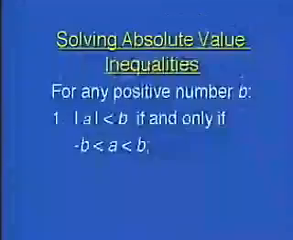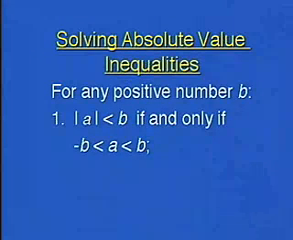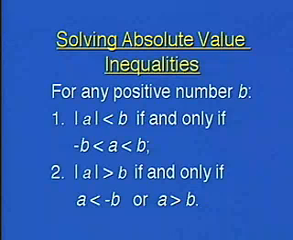Now, keeping these ideas in mind, we have two more properties of absolute value that we can look at to solve inequalities. For any positive number b, our first property states the absolute value of a is less than b if and only if a is greater than negative b and less than b. Our second property states that the absolute value of a is greater than b if and only if a is less than negative b or a is greater than b. Now let's apply these